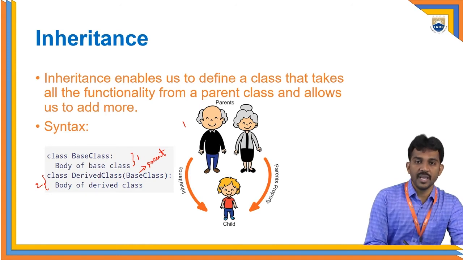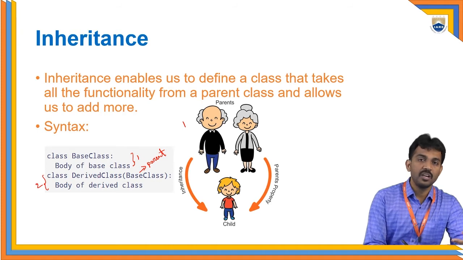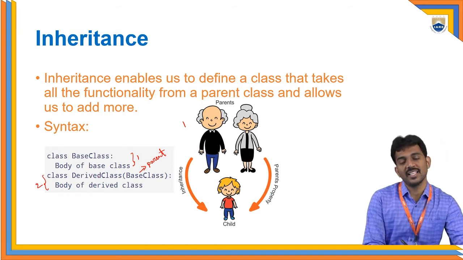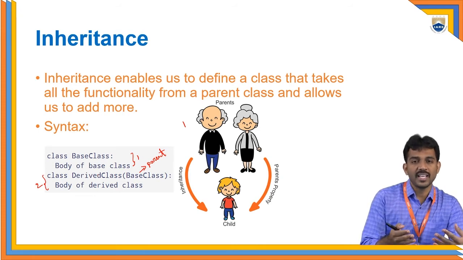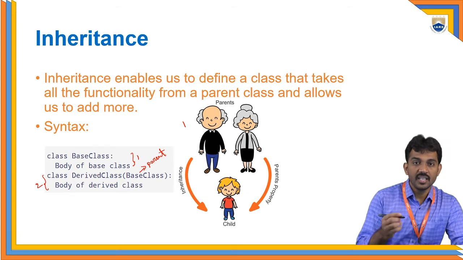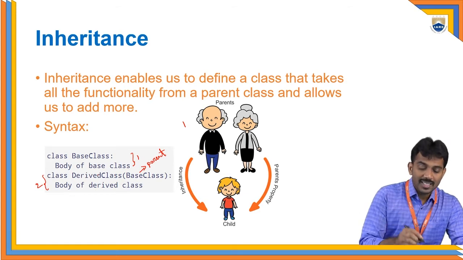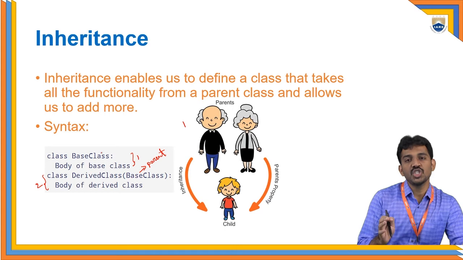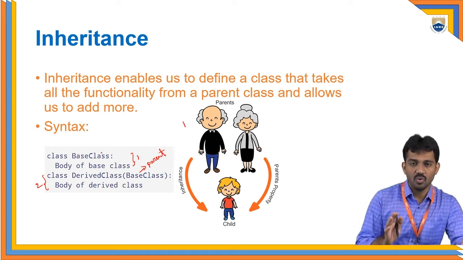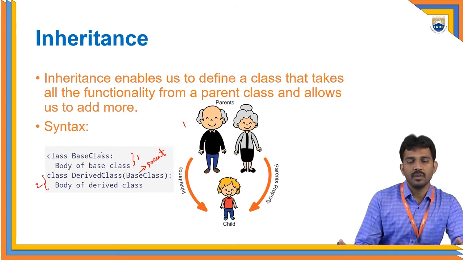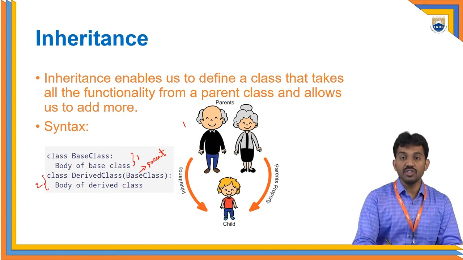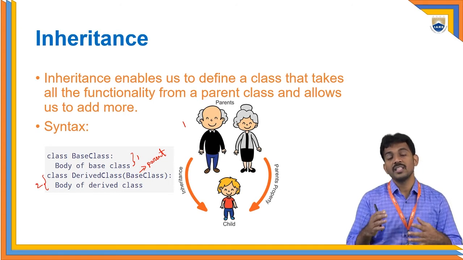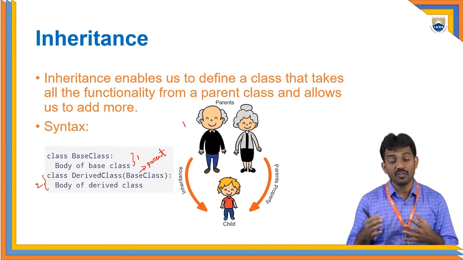Whatever is available in the parent is all mine, because the child is able to access all the features of the parent. It is like accessing anything in a home, right? But please note this, the base class doesn't have permission to access the child's properties. It is only from top to bottom. You don't have permission from bottom to top. The base class, meaning the parent, is already created, right? The features can be acquired by you, but the parents don't acquire features from you.